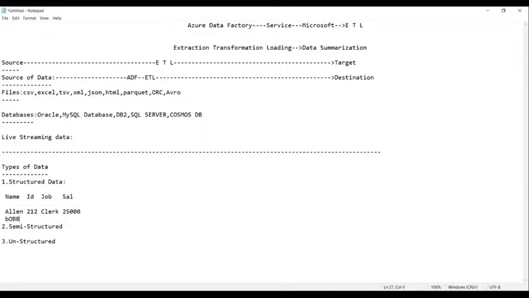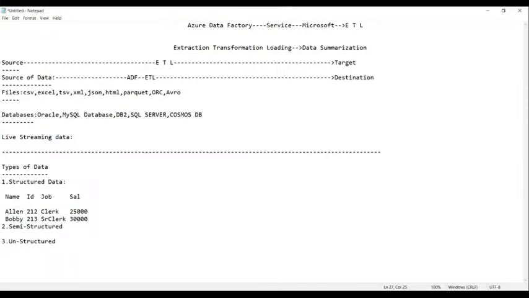Bobby, senior clerk is the job, and the salary, let's make it 30,000.